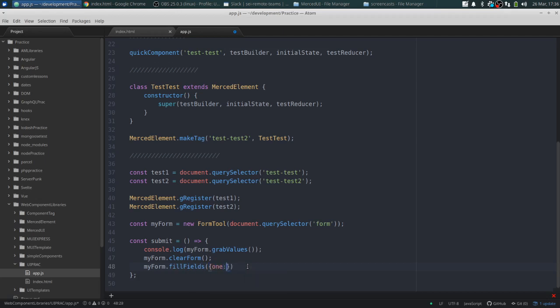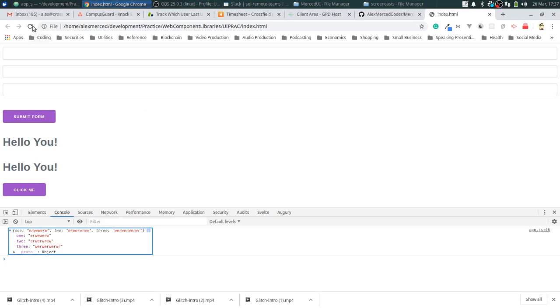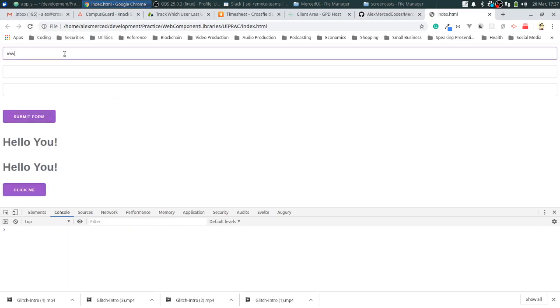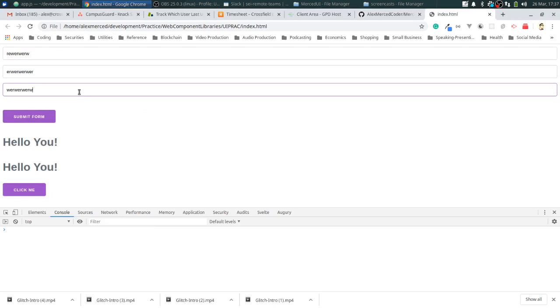So 1 is hello, 2 is hello, 3 is hello. Well, if we make a mistake, then we'll just go back and read the docs. So let's see here, refresh. So now I put some stuff in here and it should all turn to hello. Hello. Okay, so that makes it really easy when you're loading up a form from an API call, when someone wants to edit,